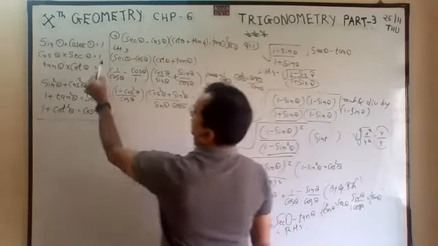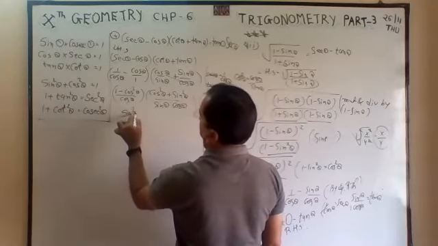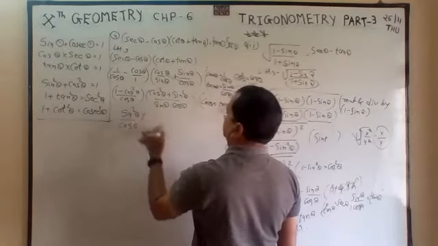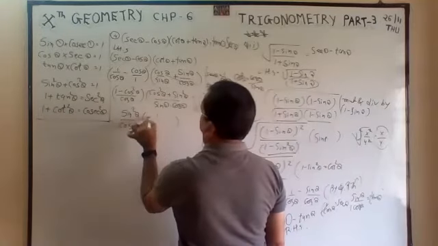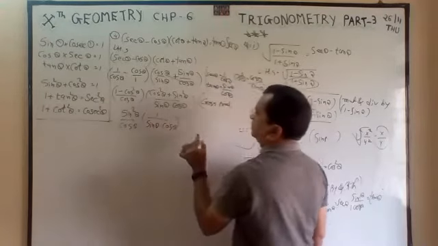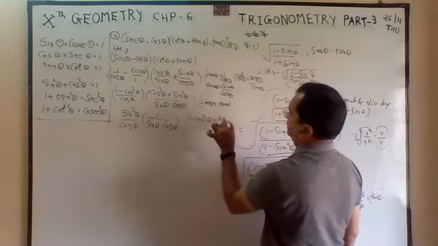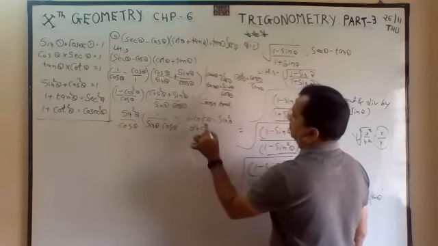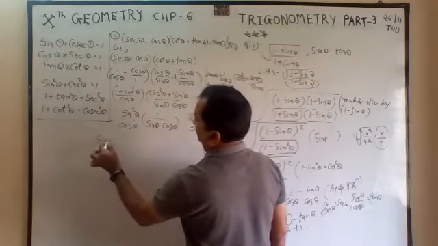1 minus cos square theta. 1 minus cos square is equal to sin square theta by cos theta. Sin square plus cos square is equal to 1. That is why I have written it opposite. Sin theta, cos theta. What have I done? 1 minus cos square theta is equal to sin square theta, I have done. And I have done sin square theta plus cos square theta is equal to 1. I am writing short because there is no space. So this is only simplification.